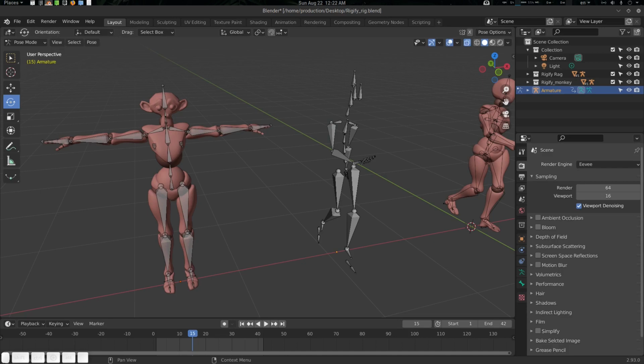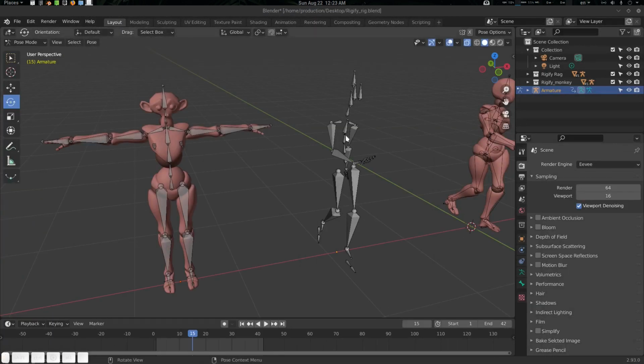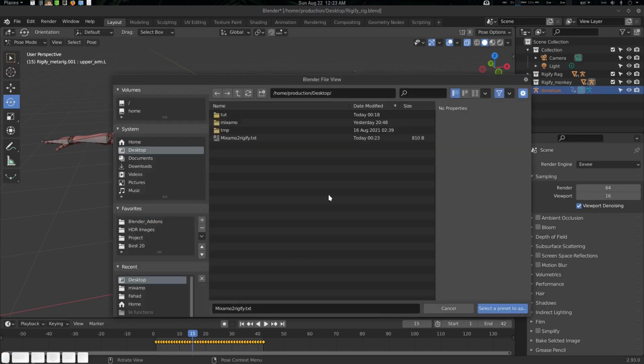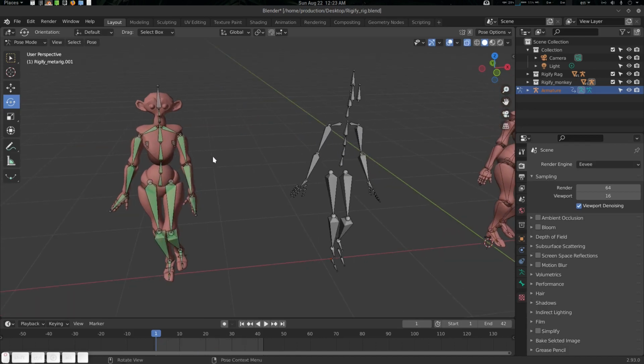Okay, so what you can do if you want to use this, you can just go to this bone spine and name it root. Okay, now let's save it, Control S. So now if I go here and select this, pose, simple retarget, import preset, now it will work.